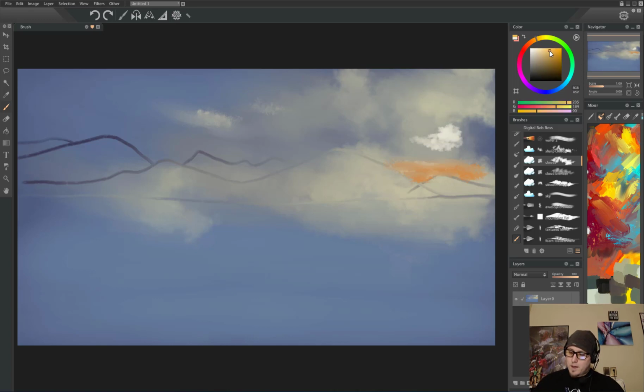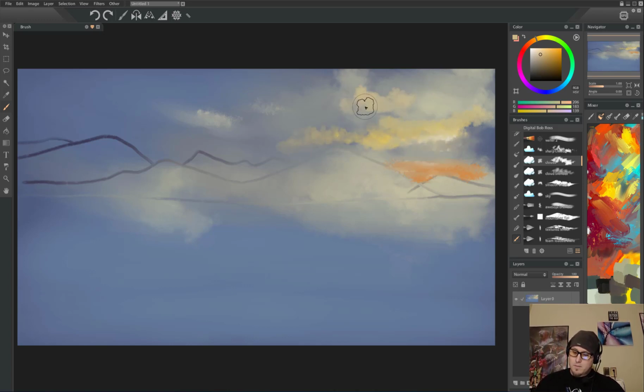Actually, I'm going to go with that because it's just kind of saturated color first. I just want to lay down some of that saturated color first. All right, here, I'm going to just do that. I'm going to go through and add some of the saturated color in here like that. Then I'm going to go back to this more desaturated version of this color